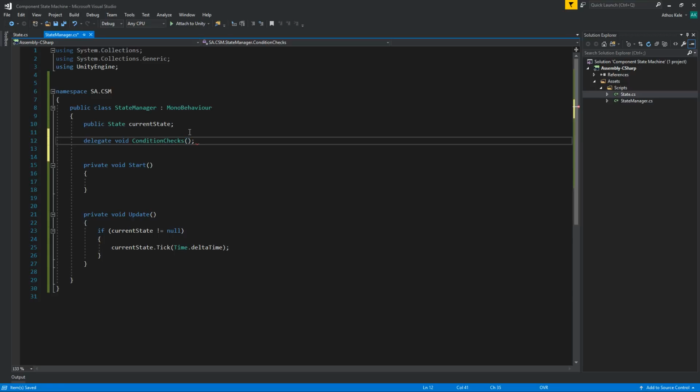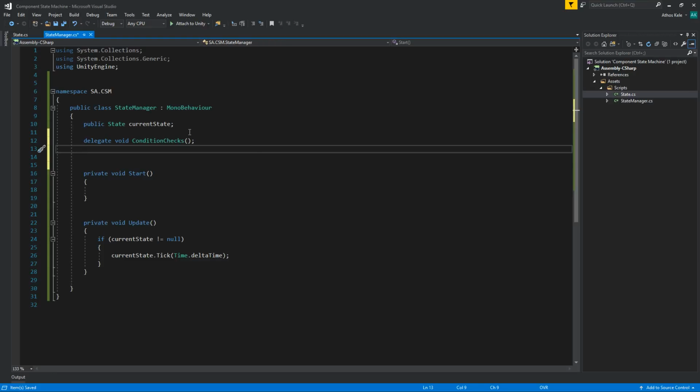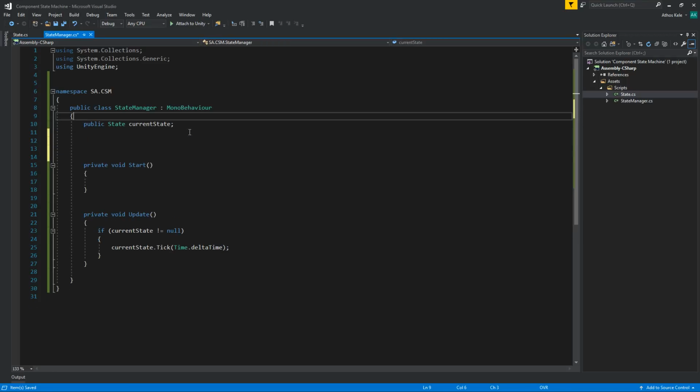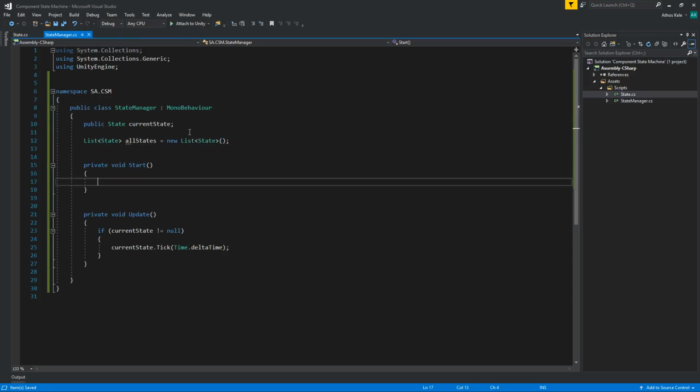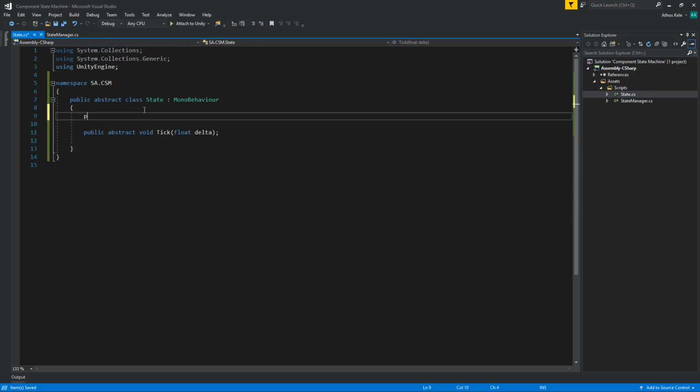Actually, maybe delegates are not really the way to do this, because we would like to add and remove them. So let's not use a delegate, let's just use a classic list, because why not? Which is going to take a state, and we can just do all states here. Let's do it like this, and then we can run an abstract method in this case as well,